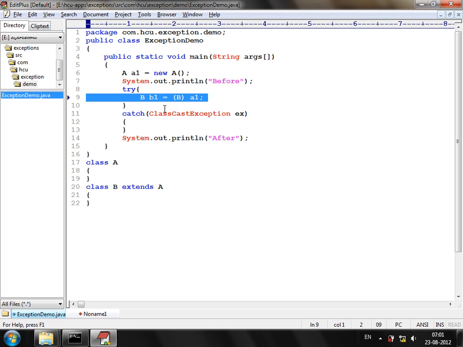Now, is there any exception here? Class cast exception. So it will search for a catch with class cast exception. Is there any catch with class cast exception? Yes. So the exception will be handled and the catch doesn't have any statements. So directly we come to